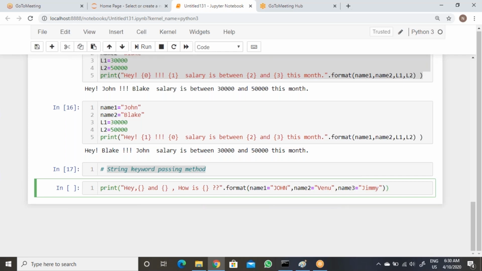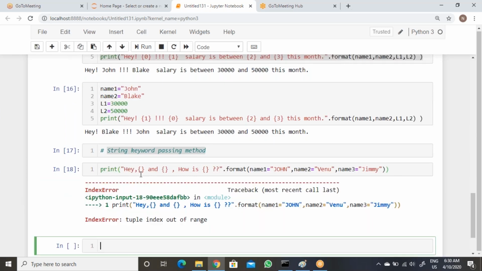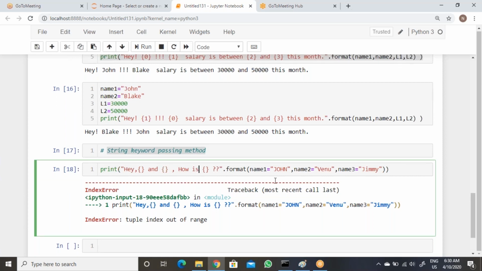Name 1 equal to John. Okay. Name 2 equal to Venu, whatever value you can pass. Then here name 3 equal to Jimmy, whatever. Okay. So now execute now here.